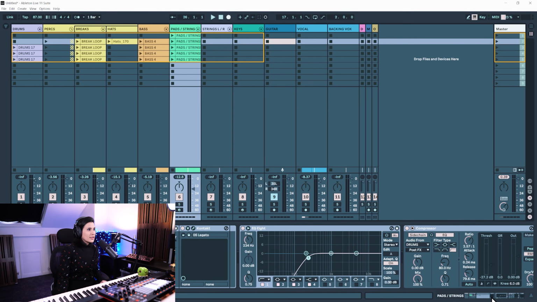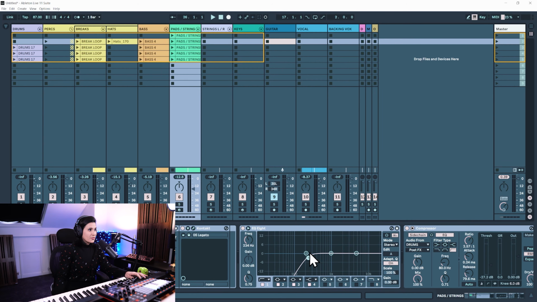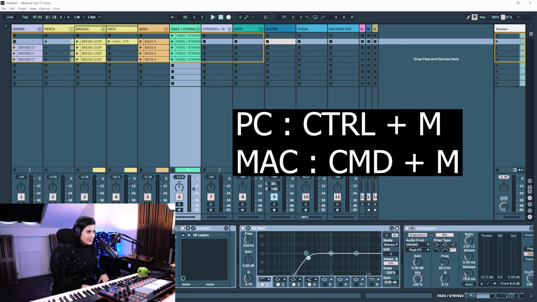And now let's just quickly map this to a controller, because you can record and map automation at the same time from the session view into the arrangement by using a controller. So I'm going to map this APC 40, this knob here in particular, to the filter cutoff, the frequency of this EQ8. In order to do that, you need to open the MIDI map, so Control or Command and M,